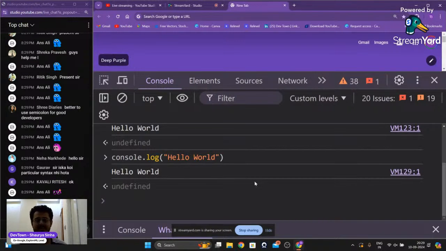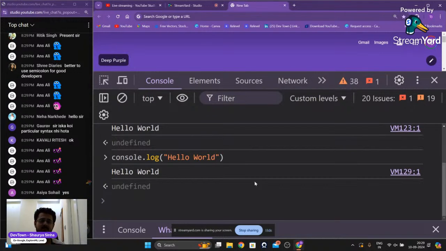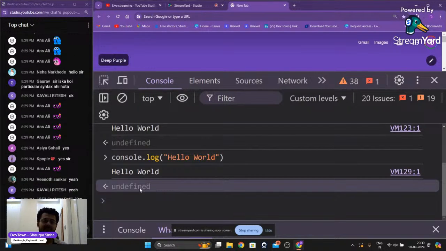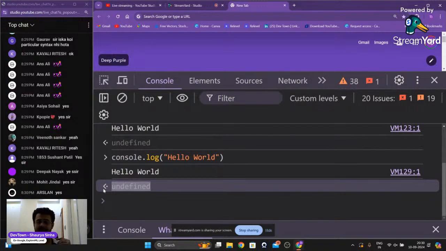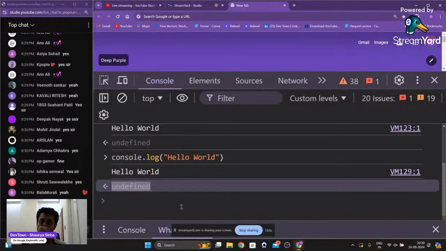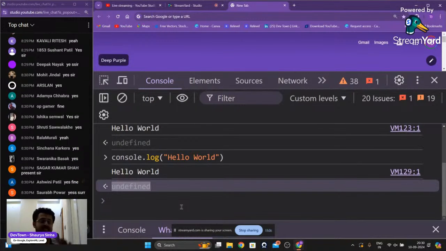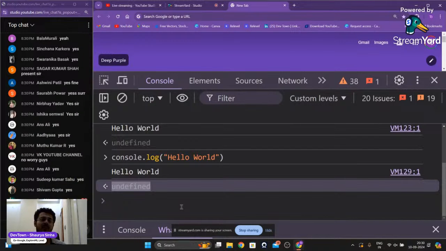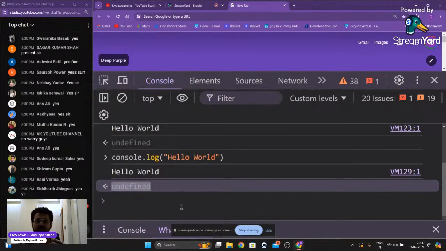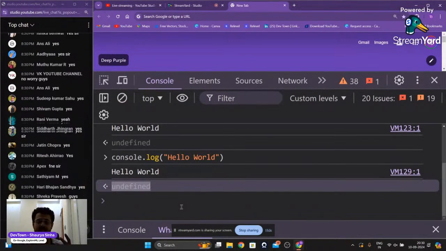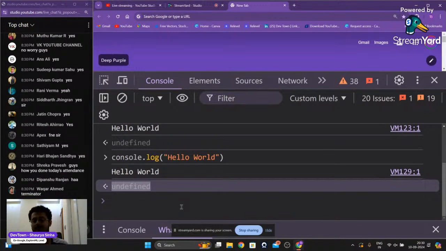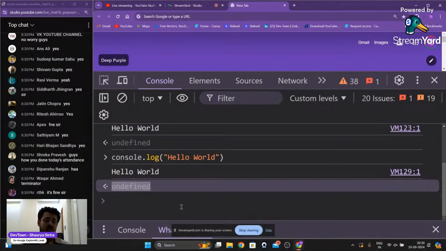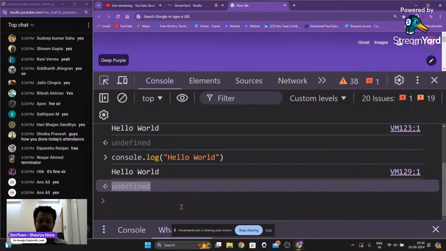Amazing, guys. Now, I want you to remember something right over here: this undefined that is coming up on our screen. Every time we run our code, we get this undefined. Just remember wherever it comes up. When we learn about functions, I will explain what this undefined means, and why it comes up at some places and not at others. We will learn about it at a later point of time.